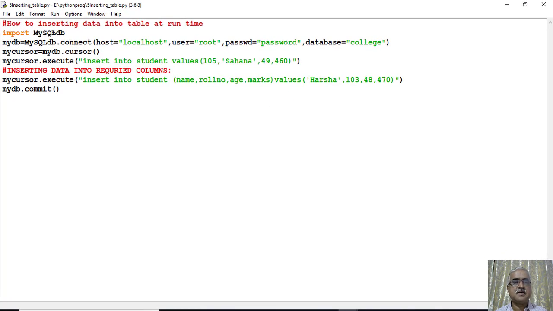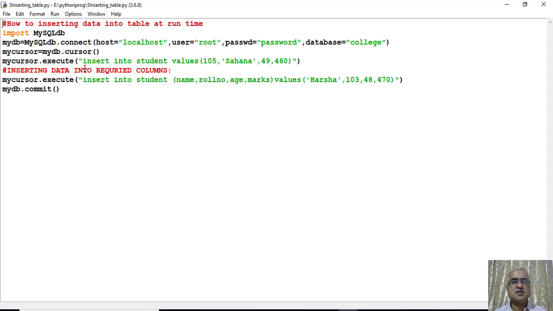Again, importing MySQLdb, mydb as the connect object, mycursor as the cursor object. Again we are passing one more SQL query, that is insert into student values 105, Sahana, 49, 460, and we have to pass these values according to the table structure, that is according to the type of the values in the table.